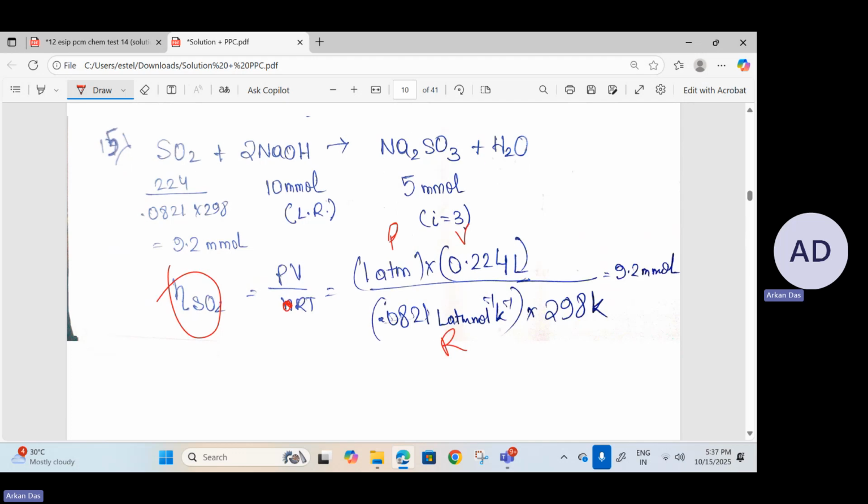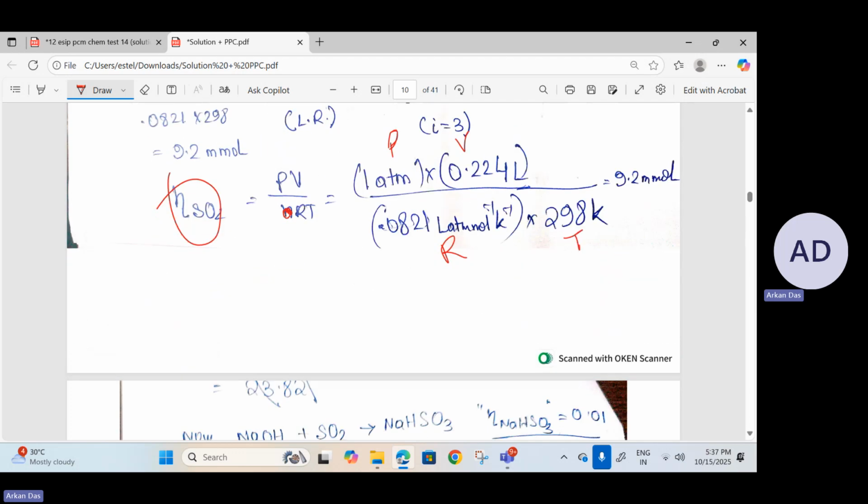Here R is 0.0821 and T is 298. Overall giving me how much? Overall giving me 9.2 millimole. So here we need to get one fact very clear. 9.2 millimole means 9.2 into 10 to the power minus 3 mole, which can also be written as 0.0092 mole. Henceforth, we can also write it as